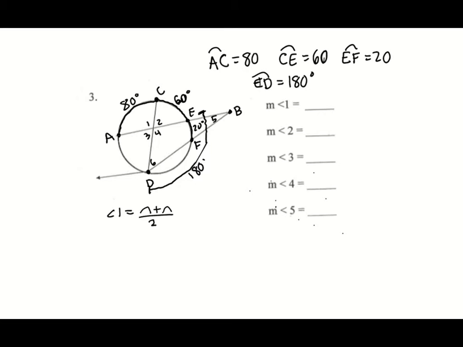And you can refer back to our chart 8.5 to review what those formulas are. So in this case, I have my arc across from angle 1 is 80 degrees, and my arc across from angle 4 goes from D to E, which is 180. So I have 180 plus 80